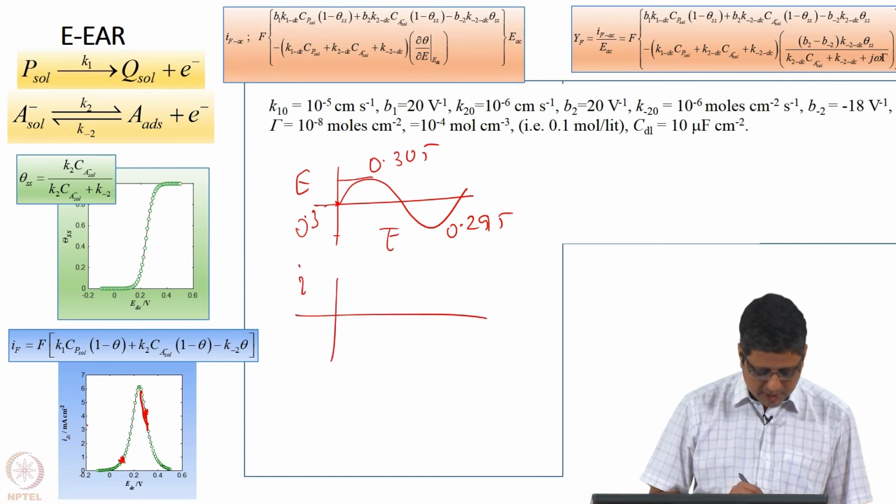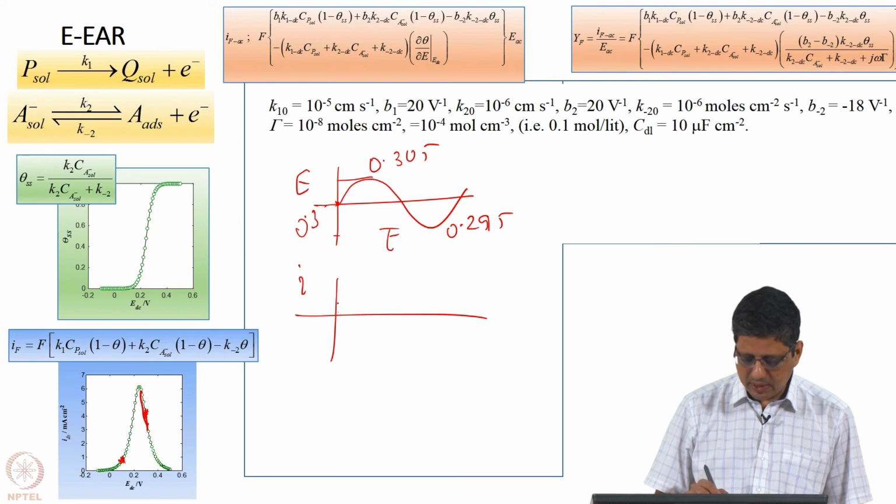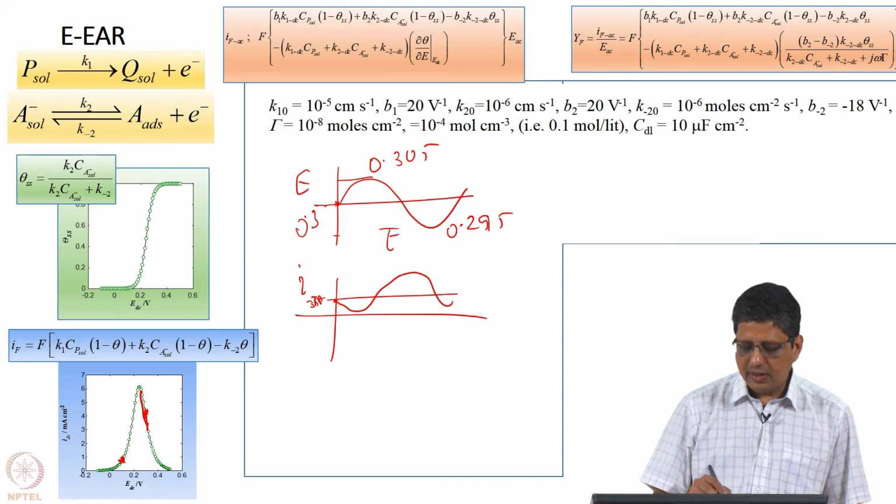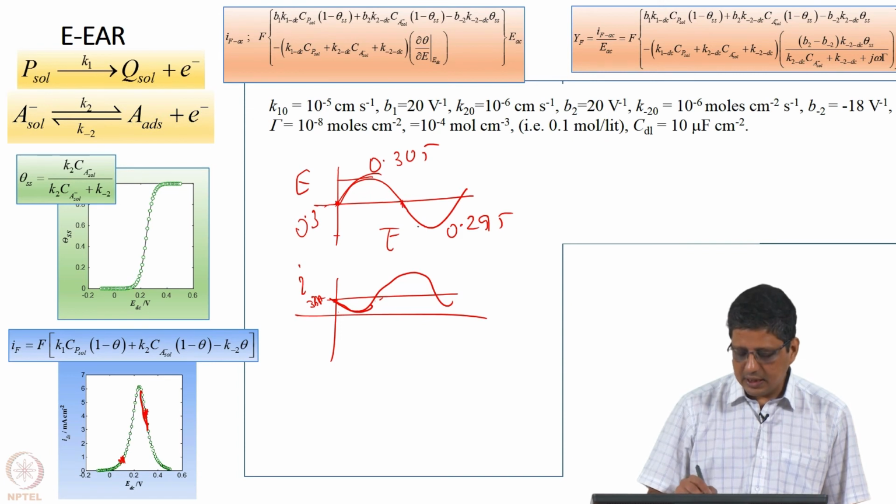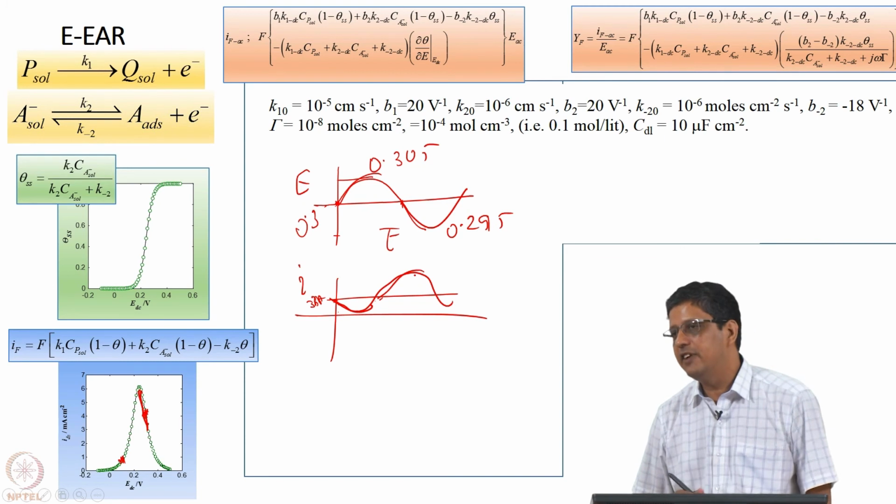current here is going to be some value, it is 3 milliamp. Let us just make up that number and say it is 3 milliamps. It is going to decrease and then increase. Whenever this increases, current is going to decrease. And whenever this decreases, potential decreases, current is going to show an increase. It has a 180-degree phase offset.